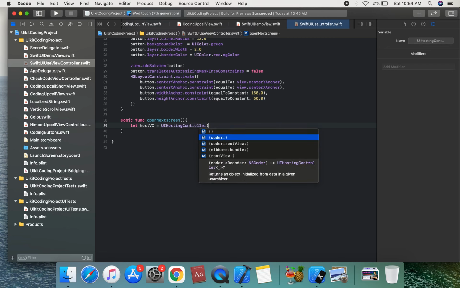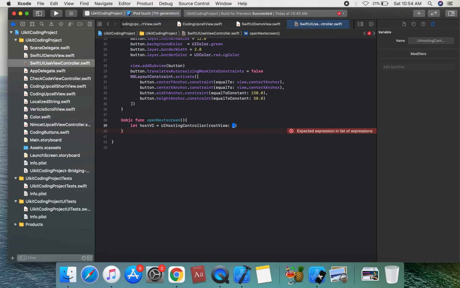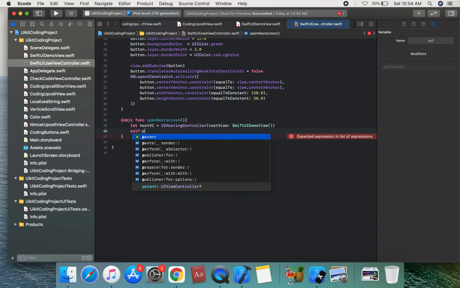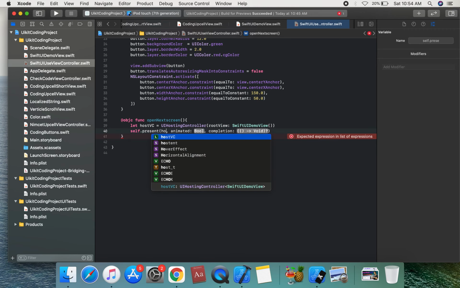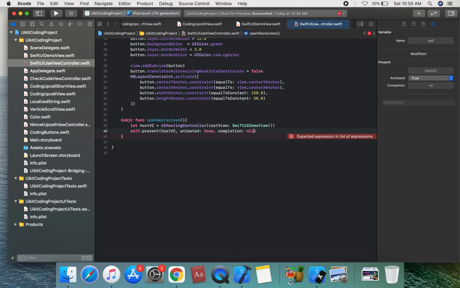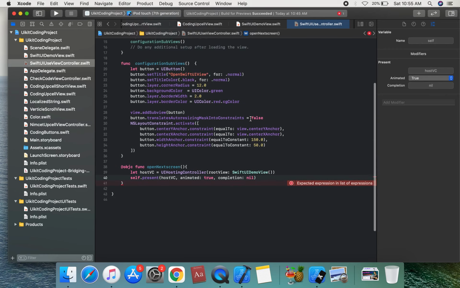The root view controller is our SwiftUIDemo view. We call the instance and present it with self.present: the hostVC, animated true, and completion nil. We set this property, so we complete this openNextScreen.